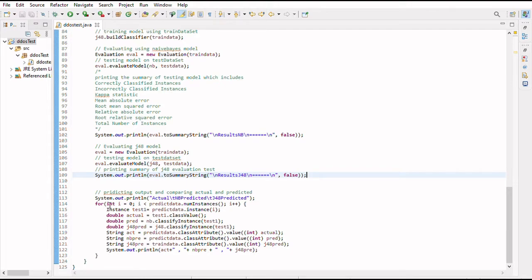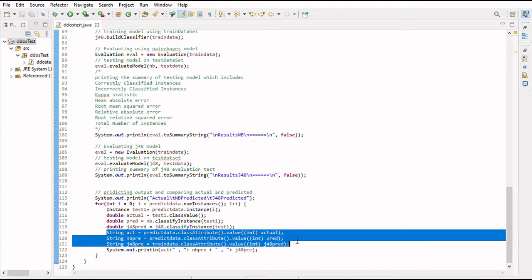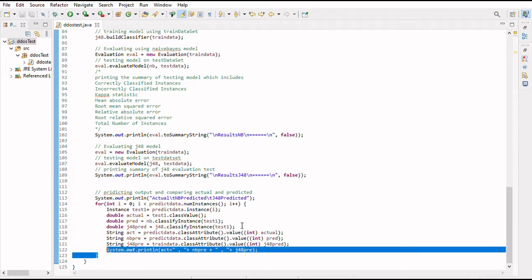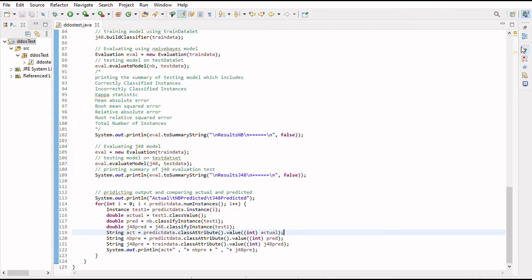We run a loop and take one instance at a time from the predict dataset in an instance object. Then we find the actual class value using the classValue method of the Instance class. Then we predict using the classifyInstance method of both models. Then we find the string value of each and print the actual, NB predicted and J48 predicted.